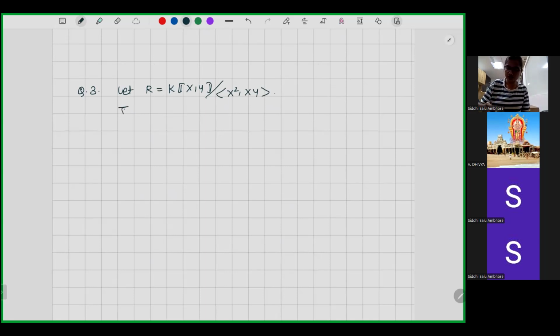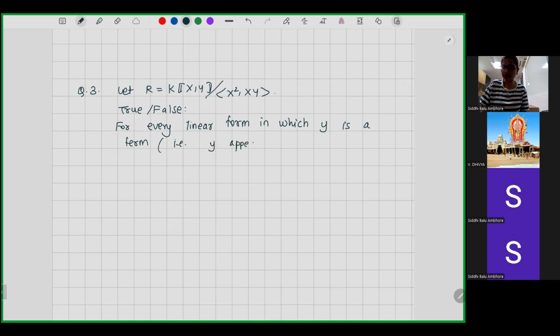So, true or false again: for every linear form in which y is a term, that means that y appears with a non-zero coefficient,